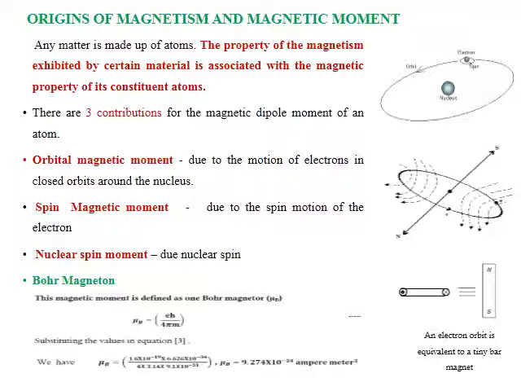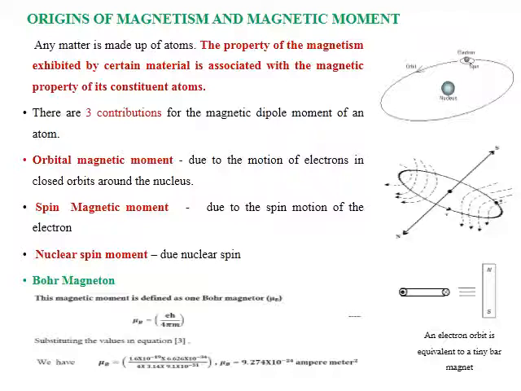But when a suitable magnetic field is applied, the randomly oriented atomic dipoles will orient in the direction of the applied magnetic field. In this way they will have the net magnetic moment, and they will start to exhibit good magnetic property. This is how magnetic and non-magnetic materials respond to an external magnetic field. So based on their response to the external magnetic field and the values of susceptibility and permeability, we have a broad classification of magnetic materials.